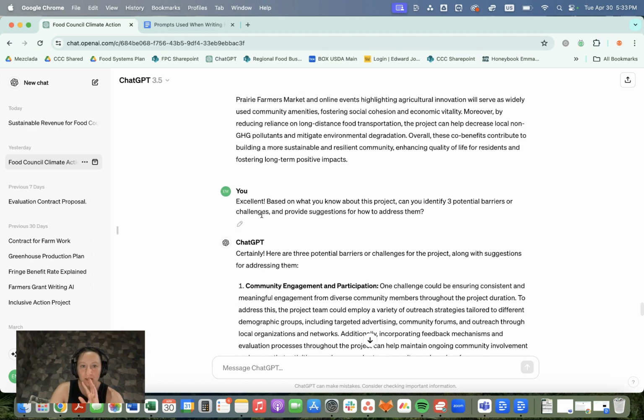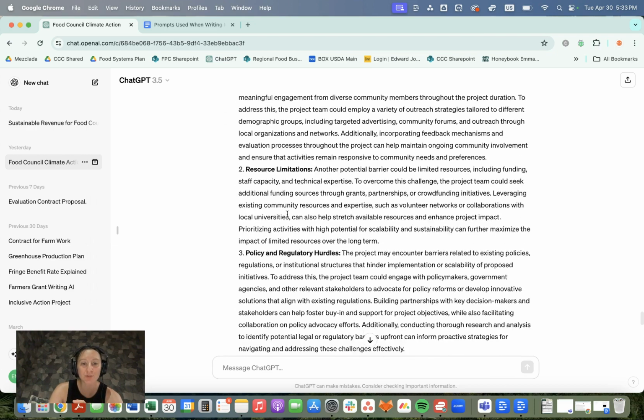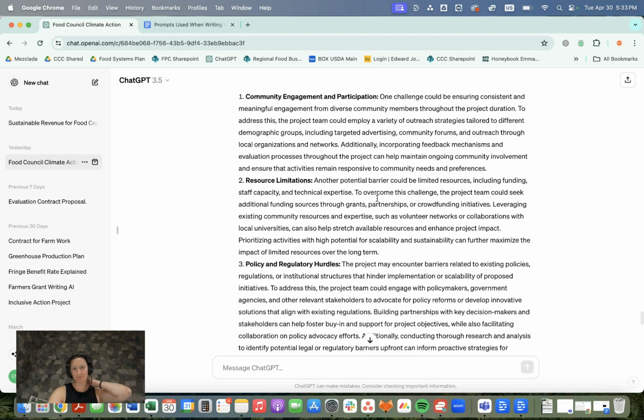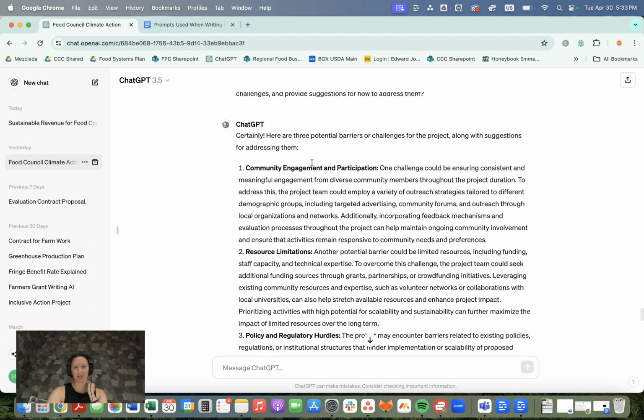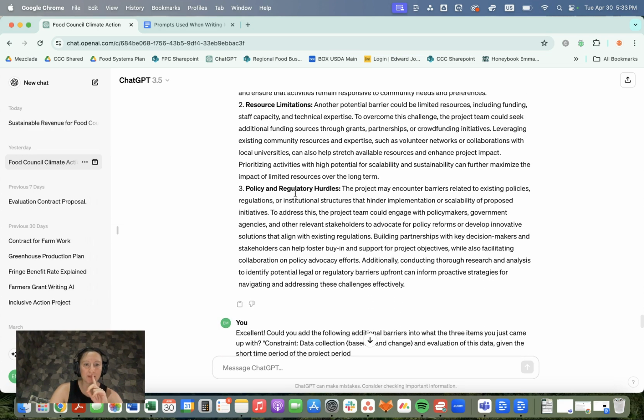It's perfect. And then the next question that we asked, excellent, based on what you know about this project, can you identify 3 potential barriers or challenges and provide suggestions for how to address them? I do remember editing this one, and maybe I didn't end up coming back to that. Yeah, what I ended up putting in was based on a list that we had already generated as a planning team. And then I added these 2 because based on the context of what we were putting in our application,